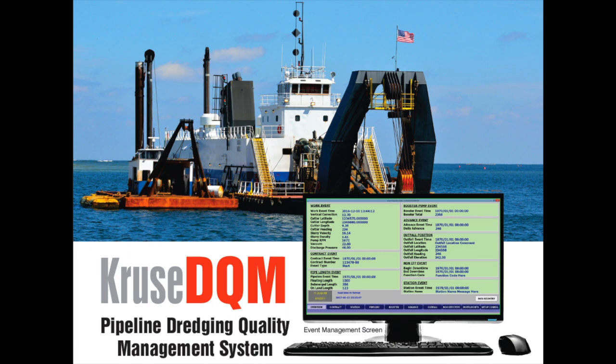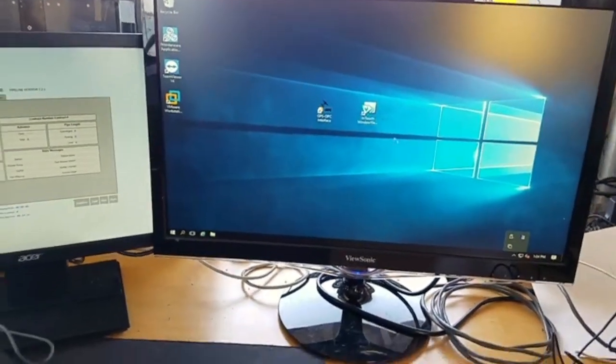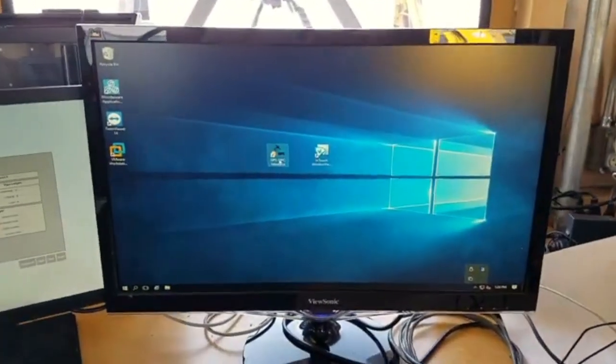It's non-proprietary and open. We also include the ship's server with our software on it, user-friendly interface, and all of our database. And then we include the computer with the DQM software. I have two applications that need to run. Now the first application is our